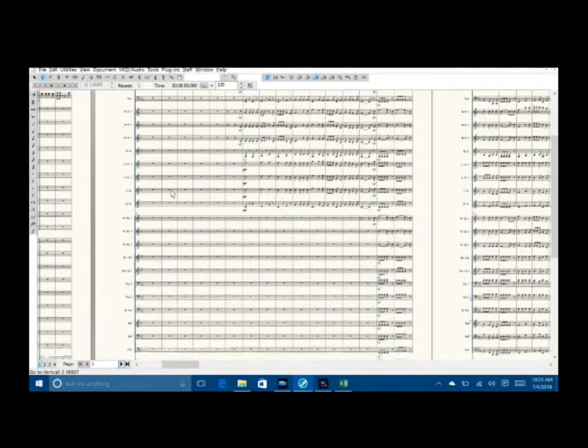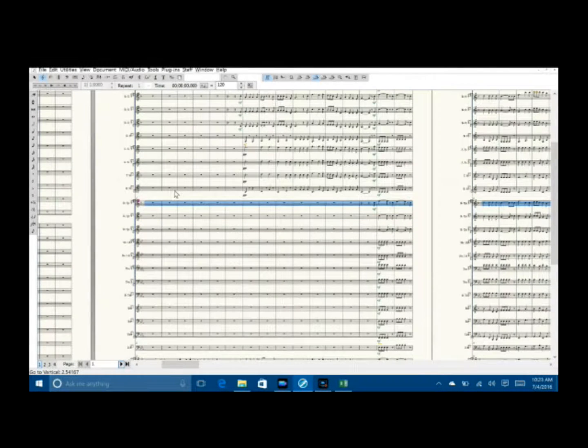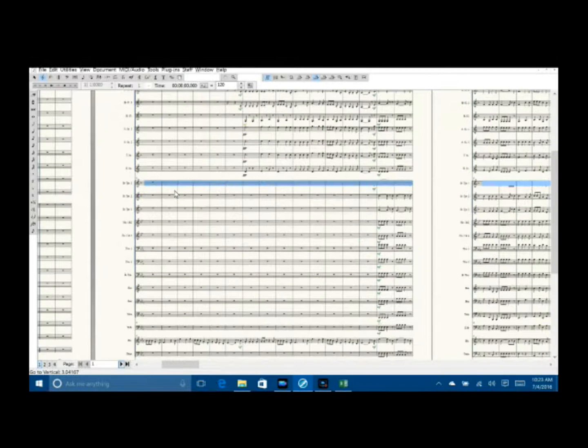Now we're going to scroll down. We're going to find the first percussion staff. Let's click on the mask selection tool to get rid of the selection handle so we can see what we have. We have tuba, double bass, bells. That's the first one.